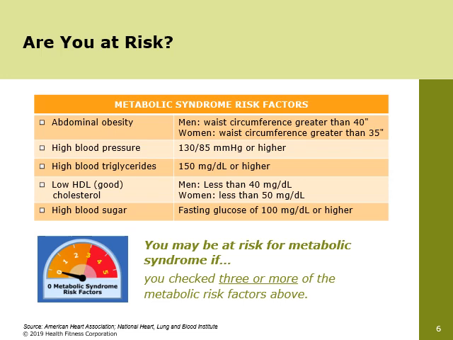And the fifth and final risk factor here is high blood sugar. So this can be a sign of prediabetes or diabetes, and if it's uncontrolled, it can cause problems that affect almost every part of the body. And the criteria is if it's at 100 or higher. Now, overall, you don't need to have all of these or one of these. You can be at risk for metabolic syndrome if you've checked off 3 or more. So those are just good things to keep in mind as we move forward.